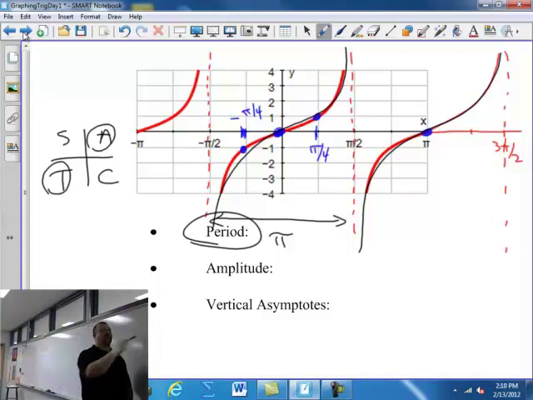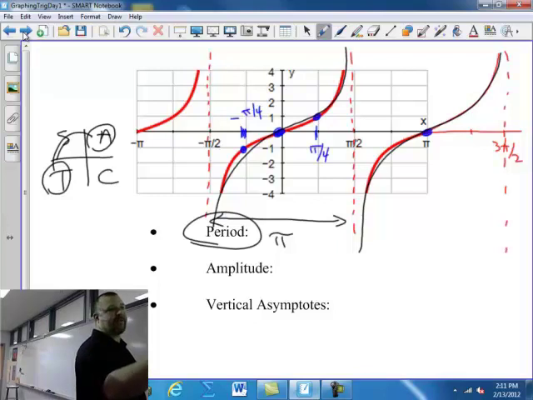But the tangent function repeats itself every time you go halfway around the circle. You get a positive tangent in the first quadrant, and halfway around the circle you get a positive tangent again. That's only pi halfway around the circle. So do we still have to do the pi over b thing? We're going to have to stretch or shrink it, but instead of 2 pi over b, we're going to have 1 pi over